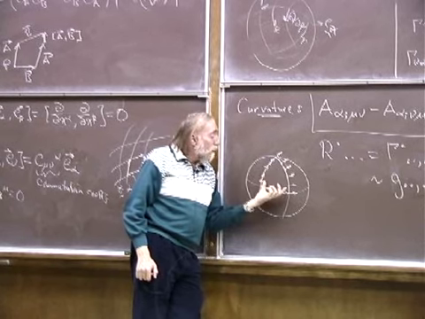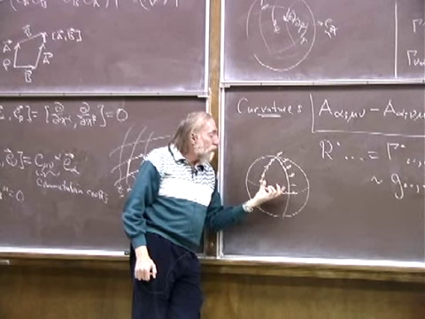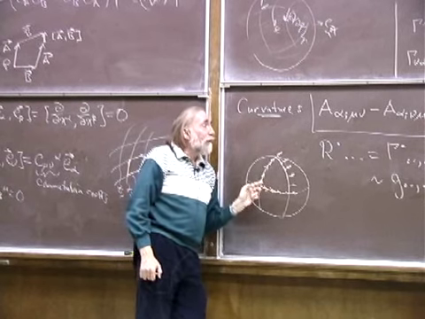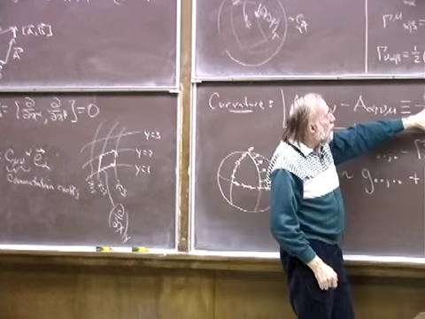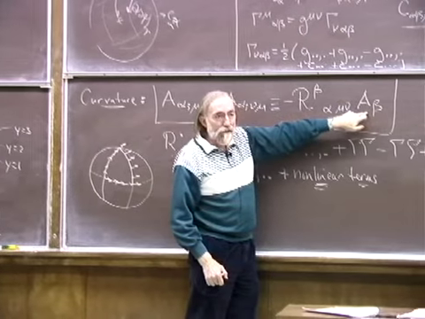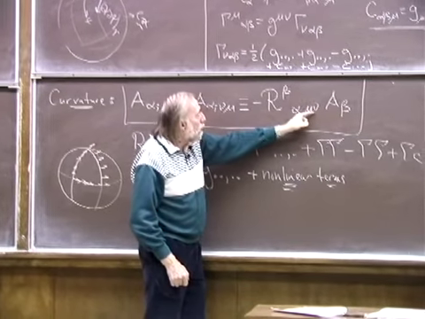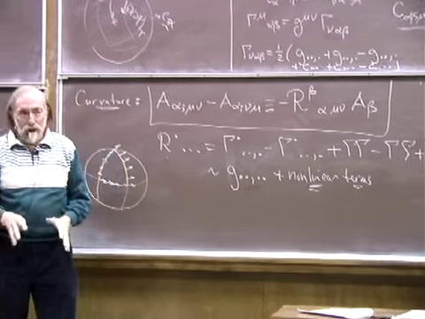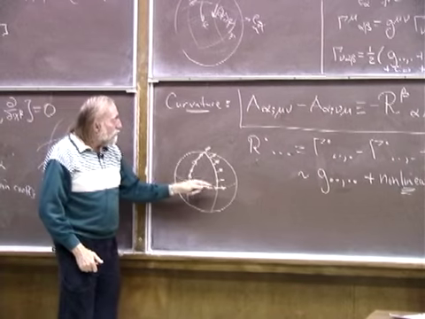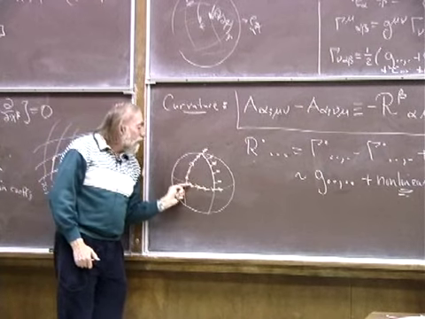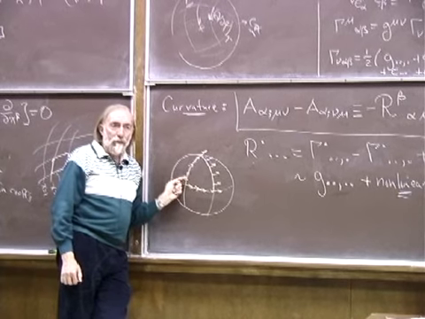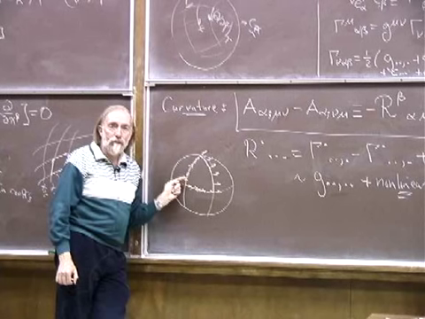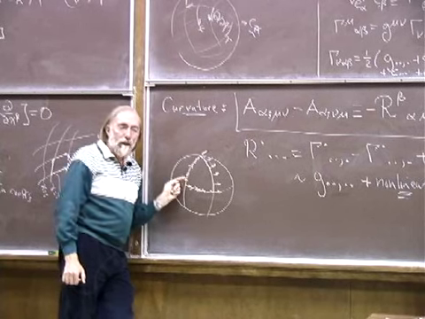And when the closed curve around which you do the parallel transport is very small, the change in this vector is again given by something like this: the Riemann curvature tensor contracted into the vector, basically, times something that tells you what curve you transported around, which has to do with these indices mu and nu. So I'm not going to write down the formula, I'm just telling you that it is the Riemann curvature tensor that tells you about this change when you have a small closed curve, and you can go read about it in standard textbooks. I won't use that, but it's something you should be aware of. Okay. Any questions?